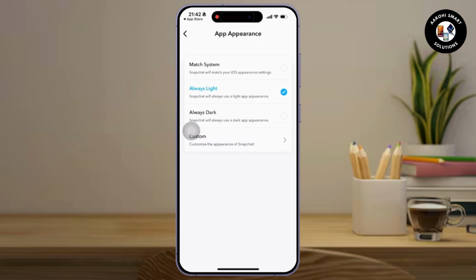If the app appearance option is unavailable, all you have to do is update your Snapchat from App Store and